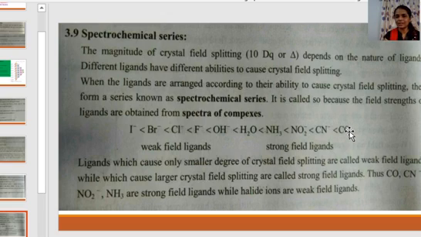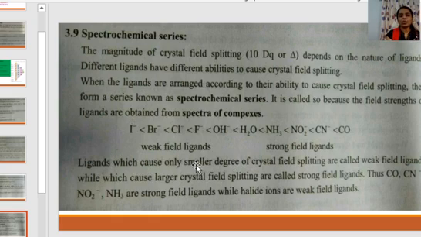What is a spectra of a complex? It is a kind of graph obtained by studying the transition of electron from one d level to another d level. d-d transition, right? We have seen d-d transition in our previous lecture. By studying this d-d transition, a graph is obtained which is called a spectra of complexes. The spectra of complexes is different for different ligands according to their ability to cause the splitting. Hence, this spectrochemical series is obtained. Please learn this series, it is very important.